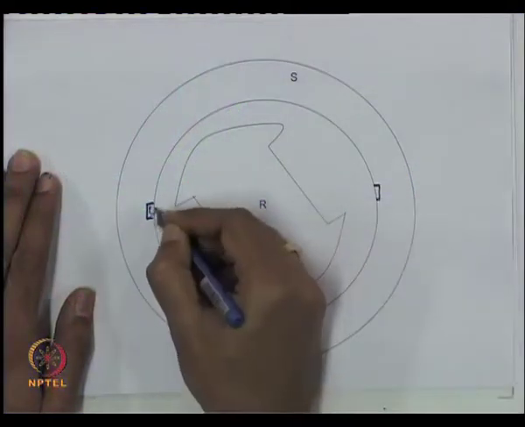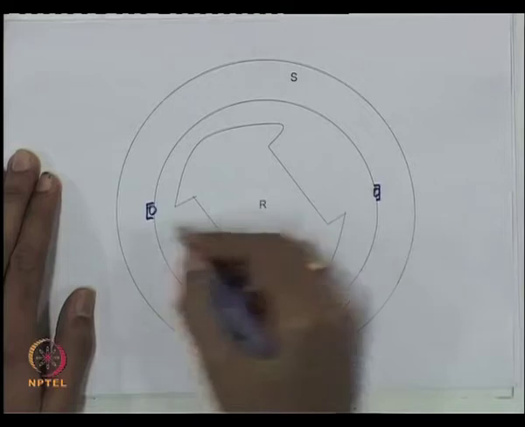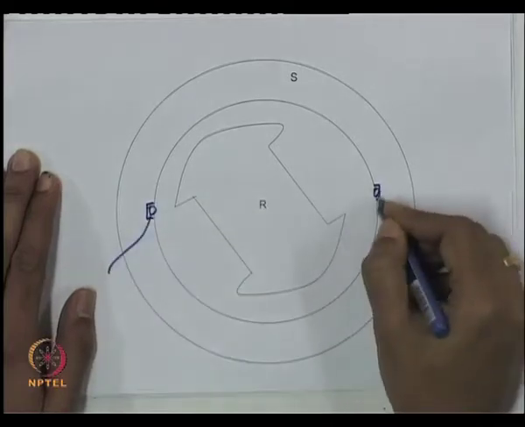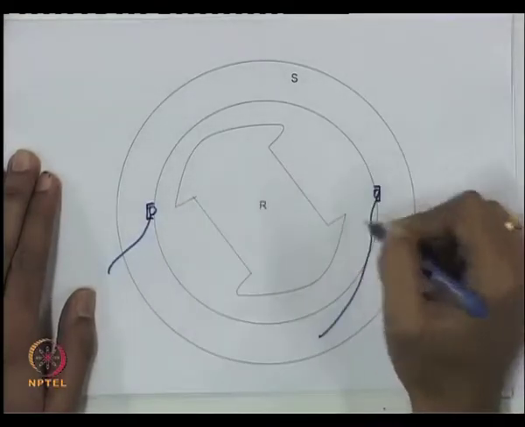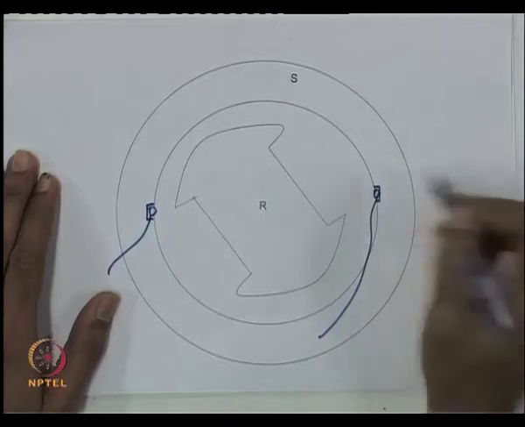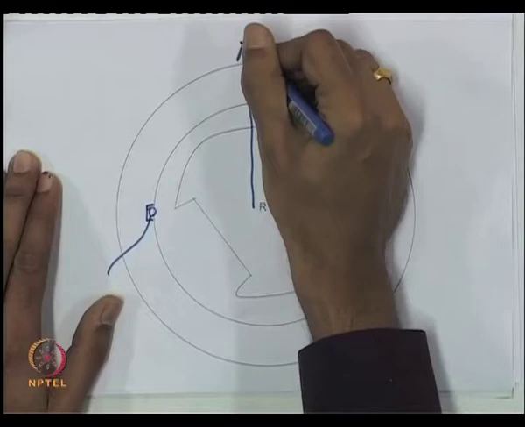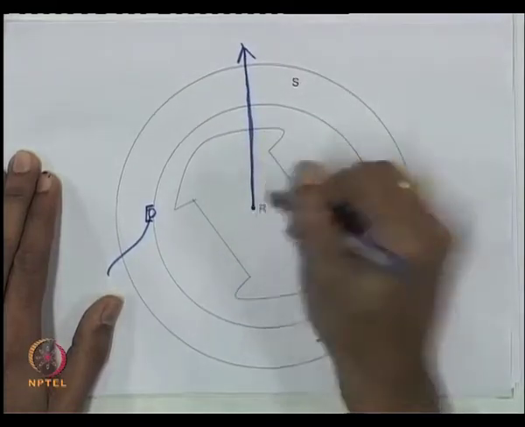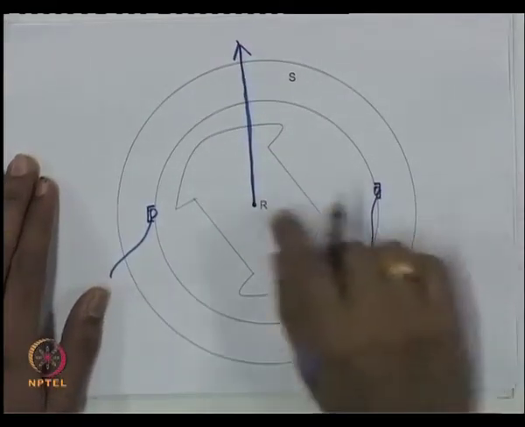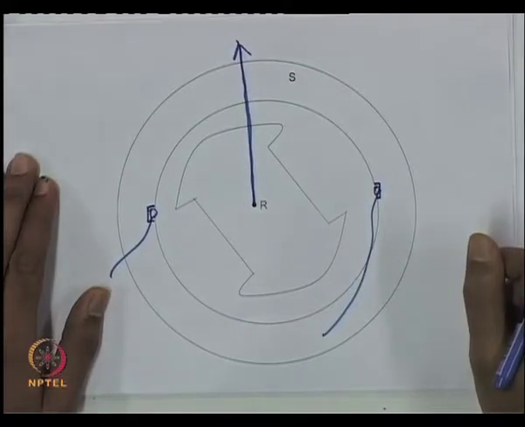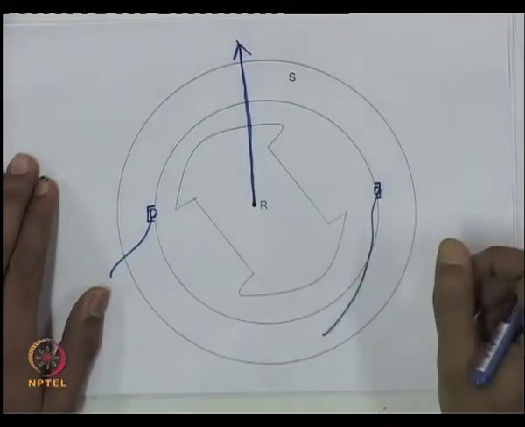For example, you have the A winding. Again, I have shown it as a packed or concentrated winding. Actually, it is distributed along the periphery. Now, if you have the A winding like this, it causes an MMF whose vector representation, which I discussed some time ago, is this. Now, if it is a salient pole machine,